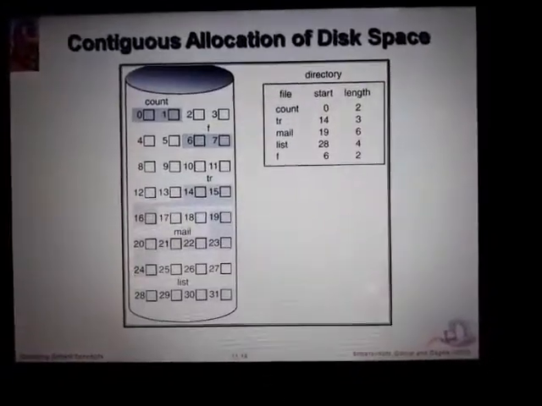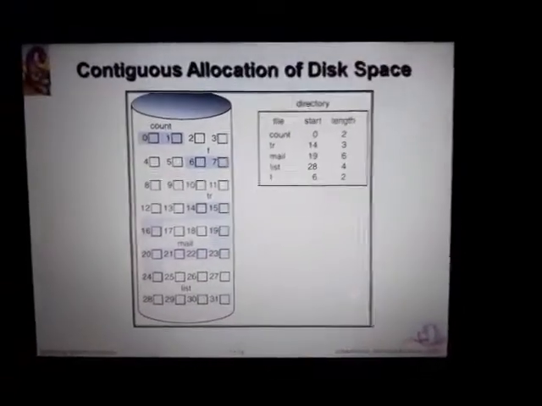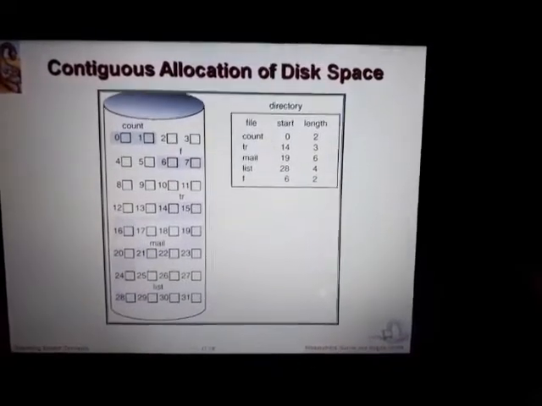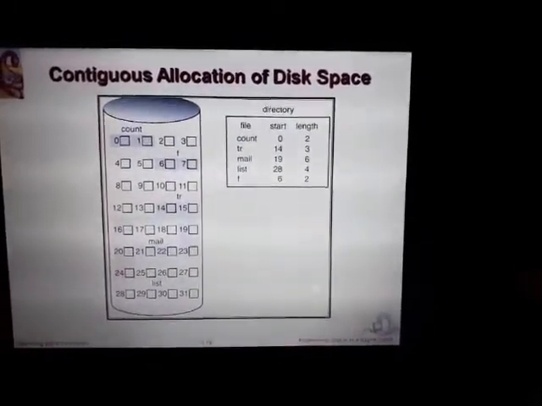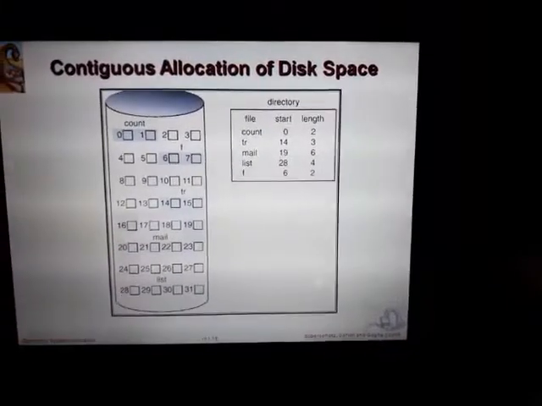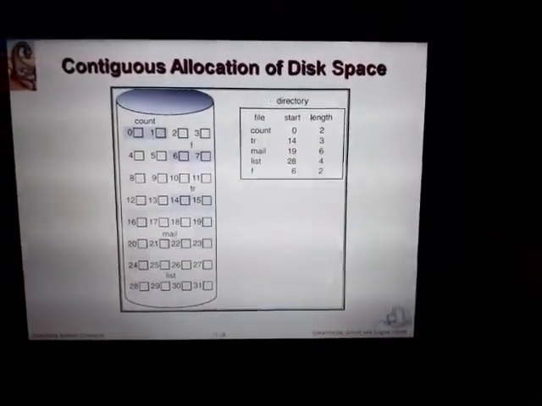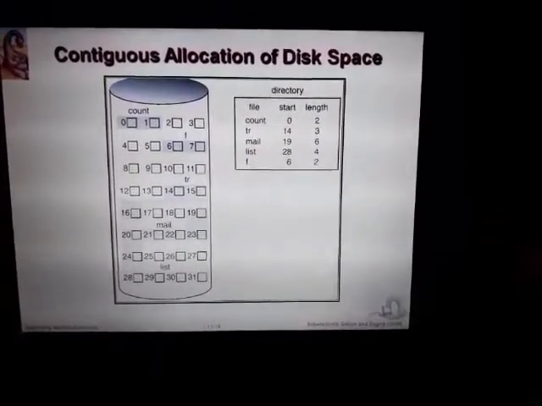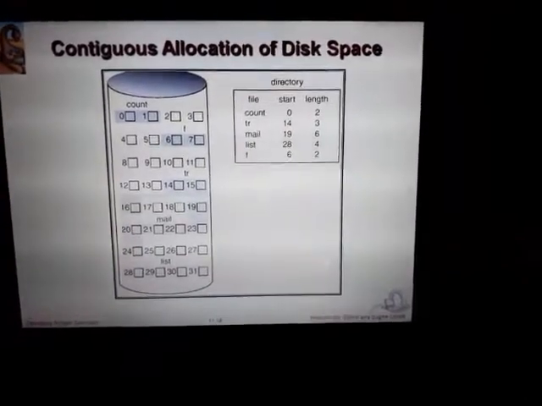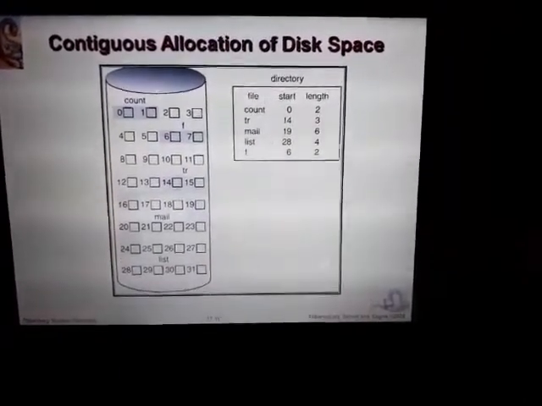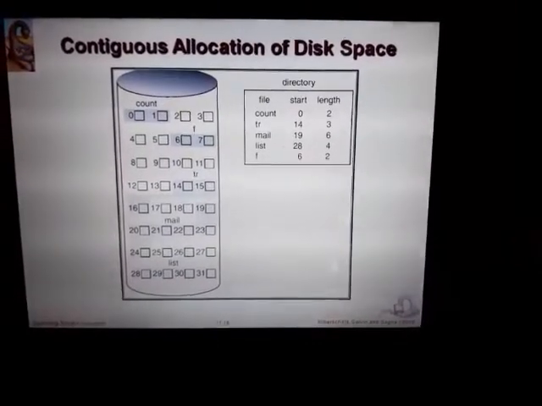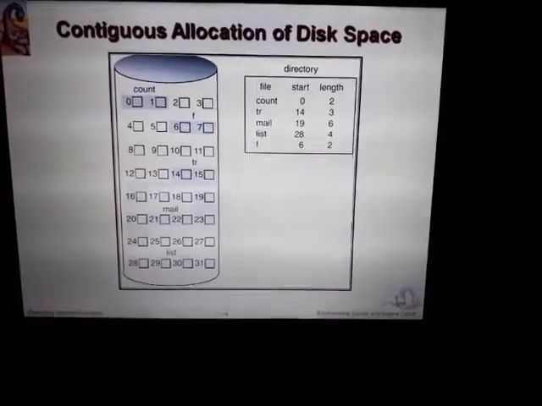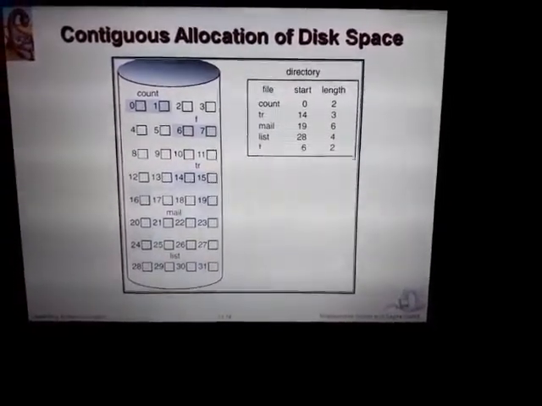in contiguous memory allocation. So look at this diagram, contiguous allocation of disk. There is a chart with three columns. The first column is file, the second column is start, the third column is length. File lists the number of files existing in the disk. In the diagram, the first disk block begins with 0 and the last one is 31. There are certain files existing in the disk. Wherever files exist, those blocks are shaded with light blue color. So start and length. Let us observe the diagram.